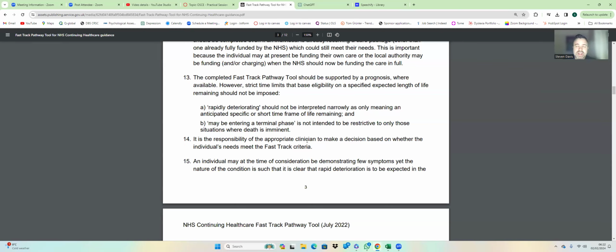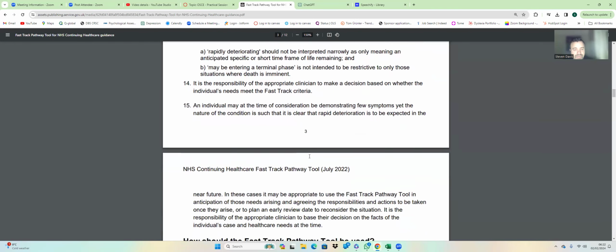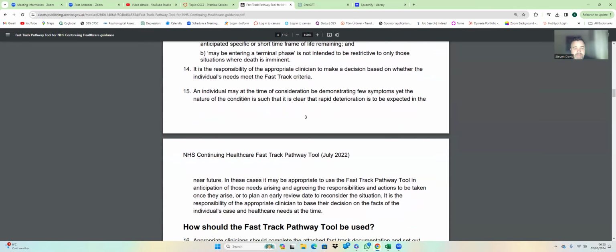So again, I think that's the most important bit about this document: it's the fact that you think they're going into the terminal phase. They don't have to be in the terminal phase, but you just have to have reason to believe that they're going to that phase. It is the responsibility of the appropriate clinician to make the decision based on whether the individual's needs meet the fast track criteria. So any individual may,